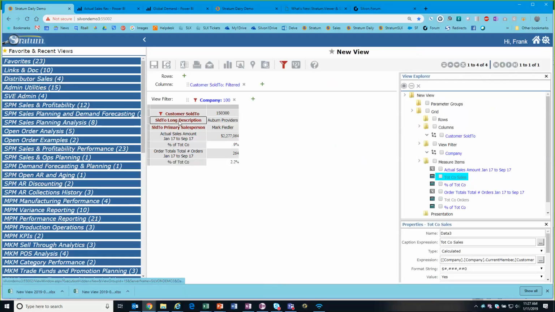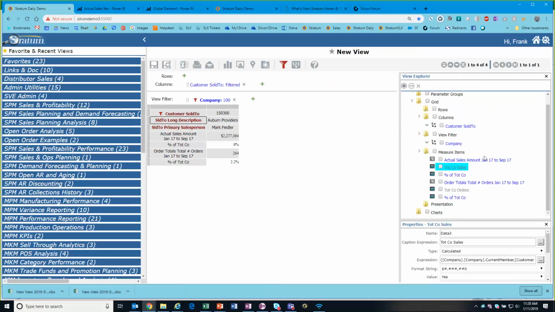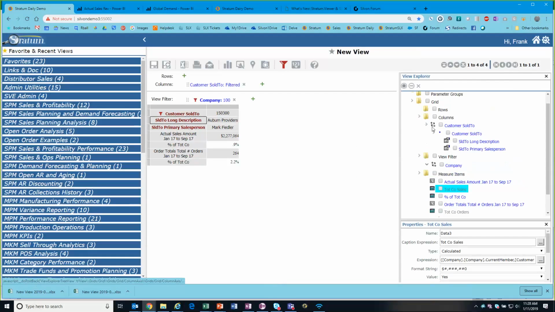And then the last thing I would do, I was going to spiff this up a little bit. Obviously, I'd have a lot more measures listed here. But the other thing I would do is change these headings here. These are kind of long. So this is a new feature that was in 6 dot something. I don't remember which version, but just to show you guys how that works, I would come in